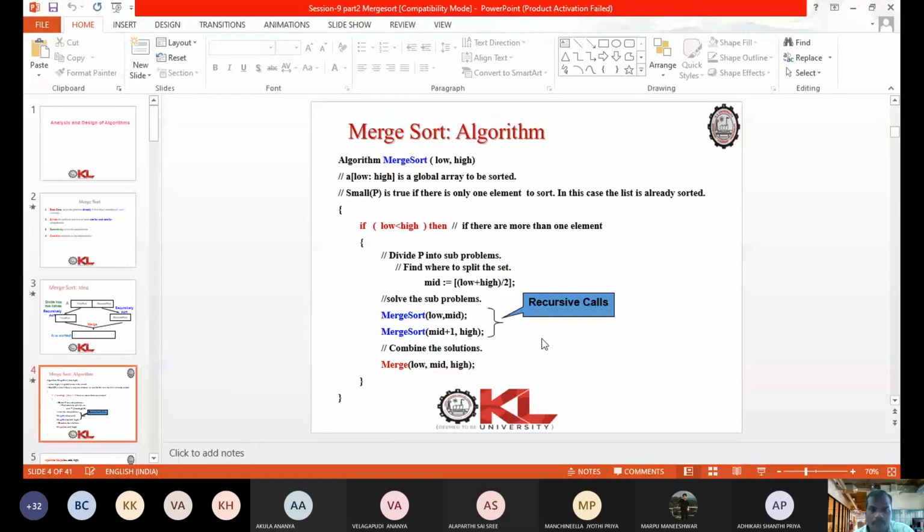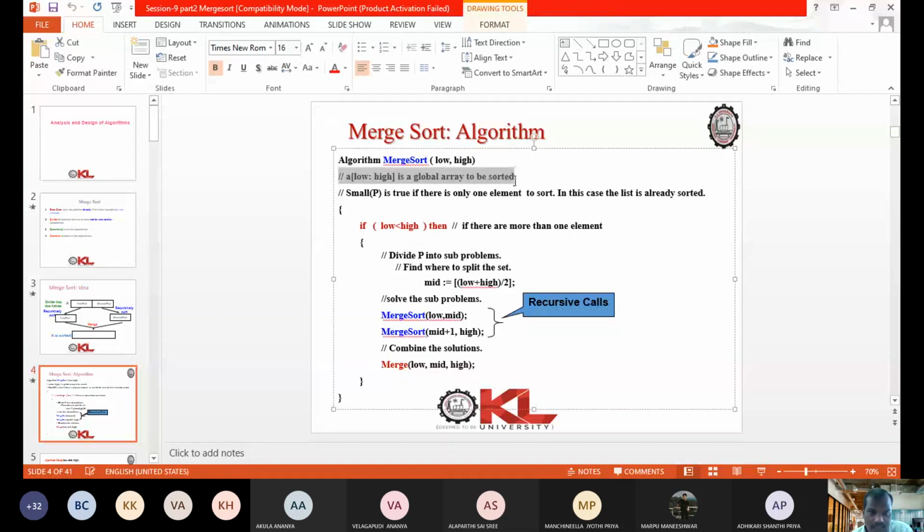Now if you see the merge sort algorithm, A is the array which contains n elements. In this algorithm, we are sending two parameters, one is low and another one is high. Normally, an array of size 1 to n elements is taken, so 1 is low and n is high. The first end of the list is low and the other end of the list is high.